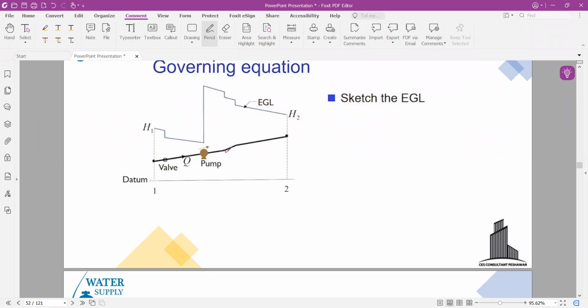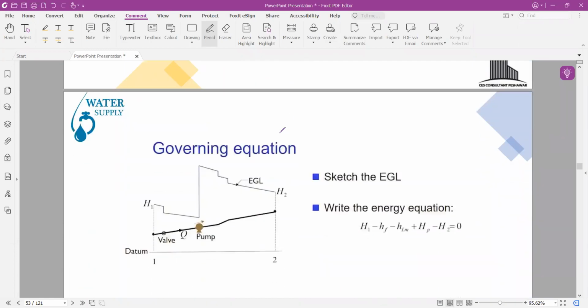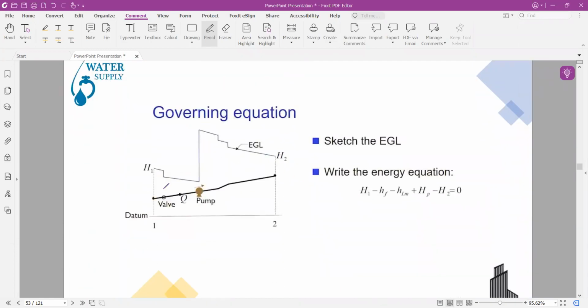Up to that point, similarly, due to friction, losses occur. The drop in the energy grade line occurs due to the bend in the pipe, and similarly it reaches the total head H2. So, writing the equation for this energy grade line, the total head,